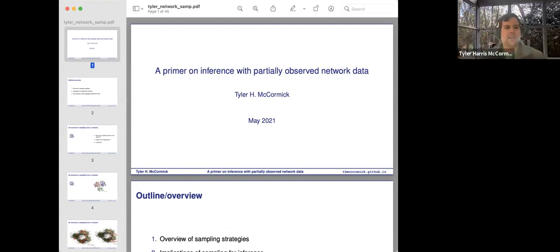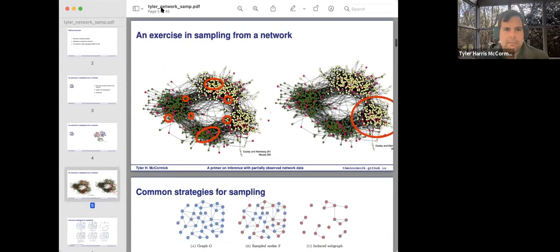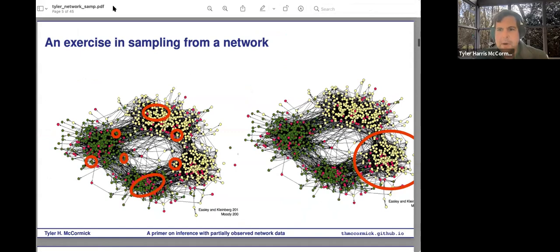Okay, so the highlights here. As I was saying, there's a really large range of how we think about partially observed network data, ranging from seeing a graph constructed from a subsample of egos and all their connections. The highlight I want to hit here, and the thing that took me a while to appreciate as a networks researcher, is the real interplay between sampling and modeling that goes on